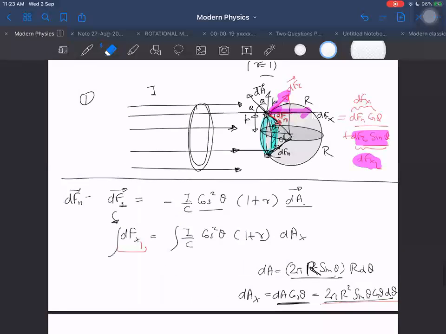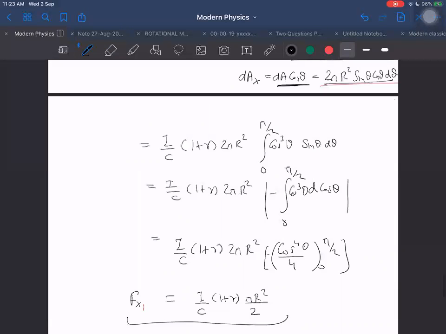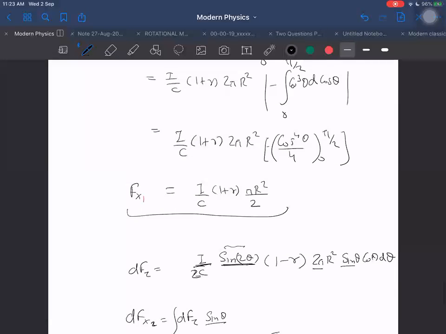My god. This is dfn. I wanted to calculate the dfx one term, then I wrote it as dfn cos theta. I understand this cos theta comes from here, that's why it became dA cos theta at last. But now I have to write df sin theta, so it will be dA sin theta in that case, no? Yes, sir.